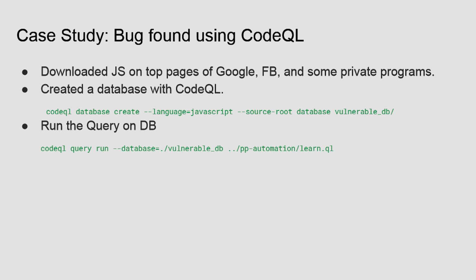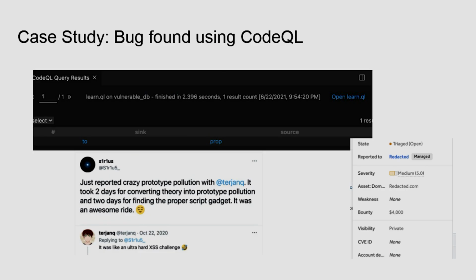using the references from github.com/github/codeql. I wrote it according to my need, and I scanned the application for vulnerabilities, and surprisingly it found only one prototype pollution. We took a week to find cross-site scripting on that application because it's pretty hard. We took 2 days to convert the theory into prototype pollution and find a script gadget, and finally we were able to achieve XSS, and we reported it, and they paid us $4K